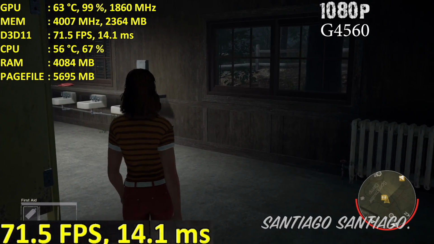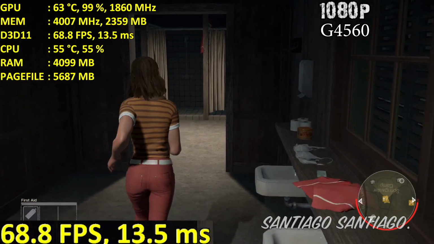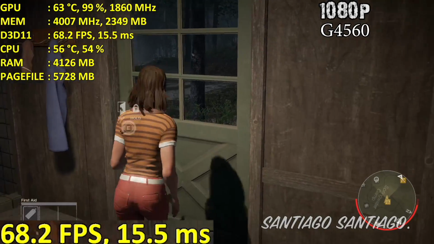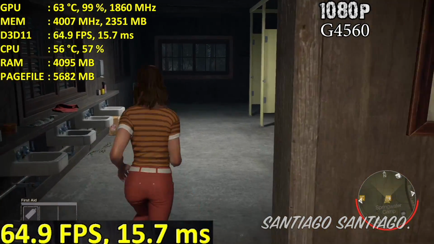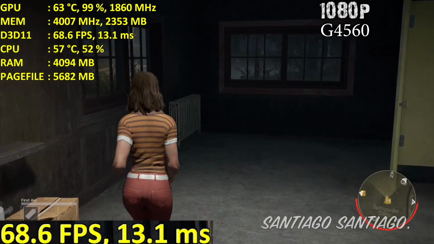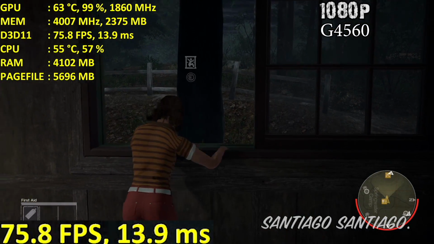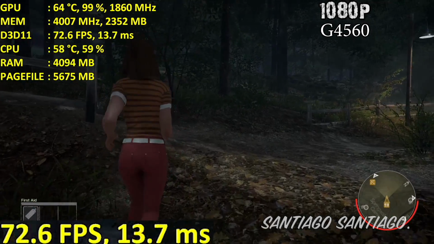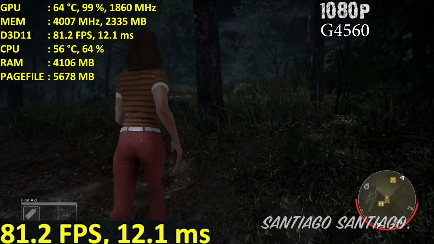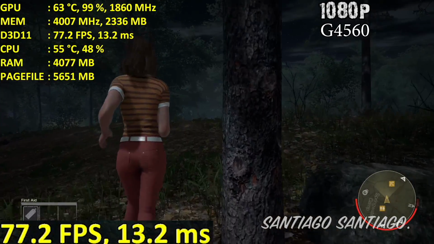And it was possible, but sometimes in some random moments the G4560 might see some drops below 60 frames per second. I saw it on many different cards, and it seems to be linked to what's going on in the game. Maybe there are many survivors doing stuff at the same time while Jason is chasing them. Sometimes that can happen, but it's very rare. So with the G4560 you might see that limitation every now and then. It shouldn't be that bad, you won't really notice it since it's very rare and it's very sudden, but